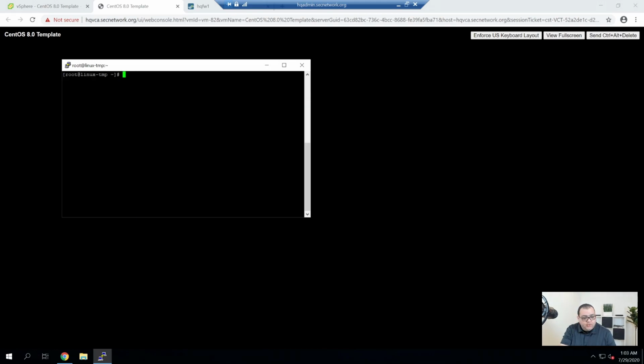Alright, so now I'm going to generate a new password for root.